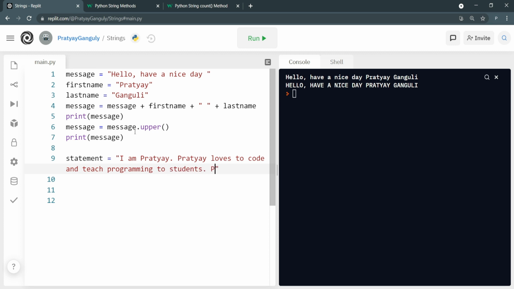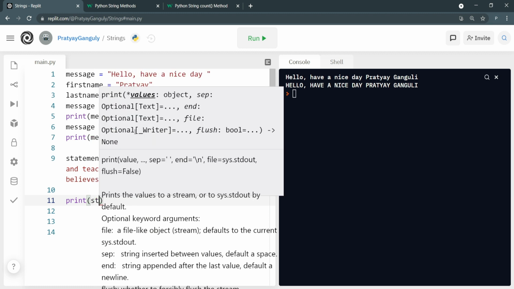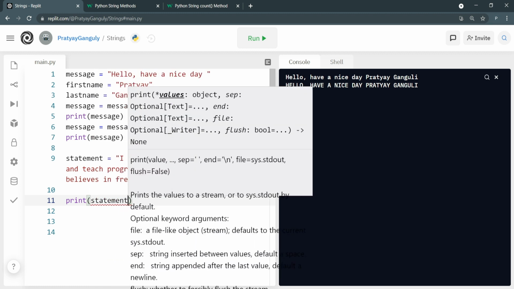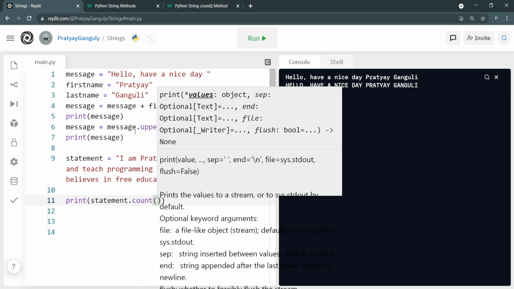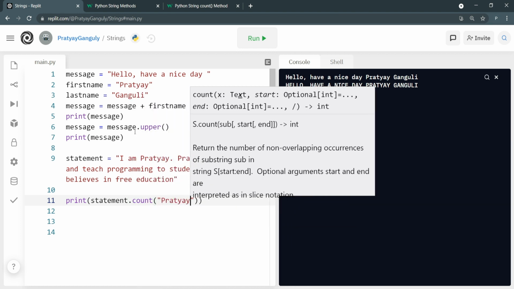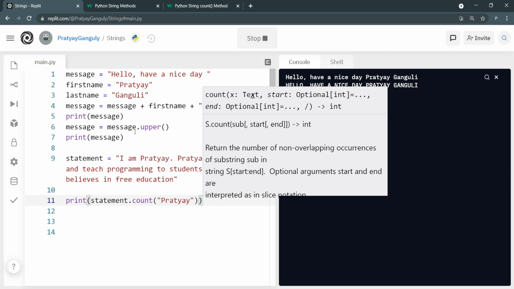So Pratyay believes in free education. Okay, oops. So I think that's it. What I'll do here is I'll print the number of times I have said Pratyay. So I'll put it like this, and then if I hit enter,